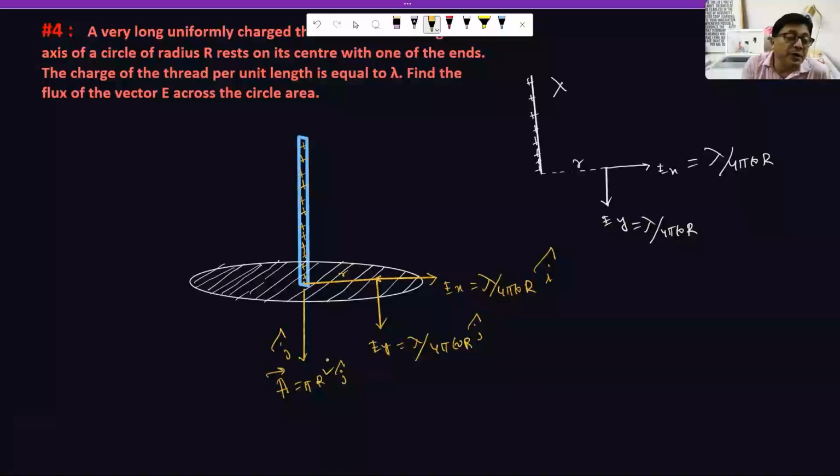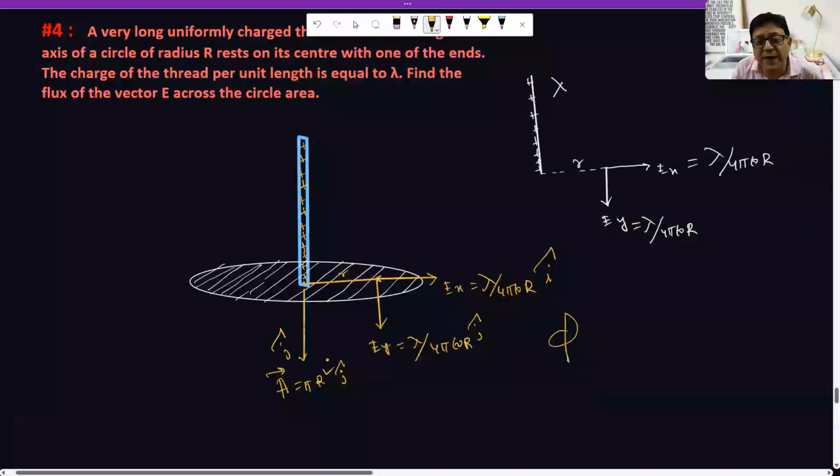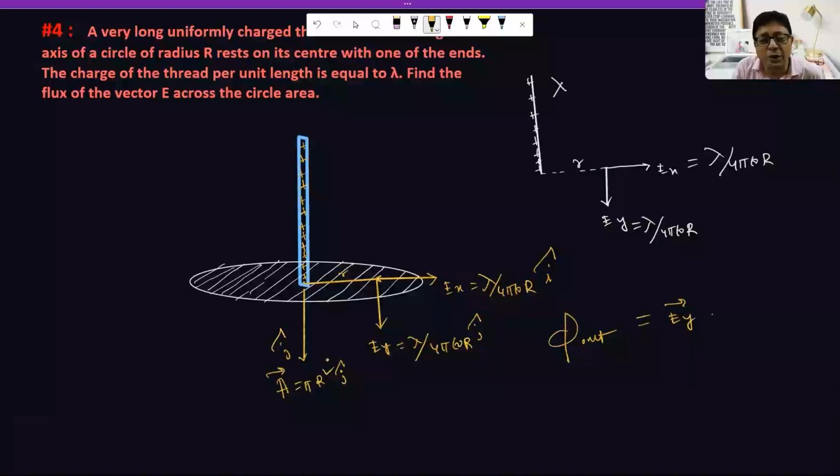So which component of the field is responsible for calculating net flux through the circle area? Not Ex. It will be Ey. Isn't it? And the flux passing through the circle area, phi out, is going to be equal to Ey dot